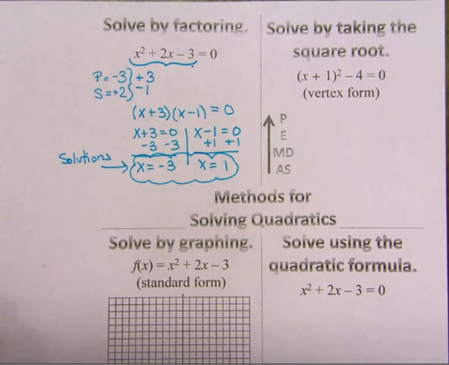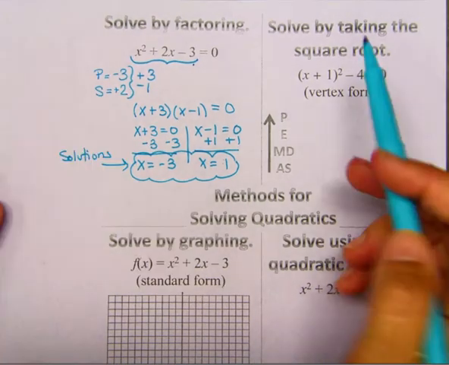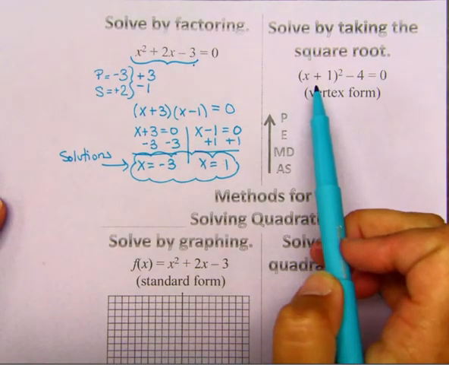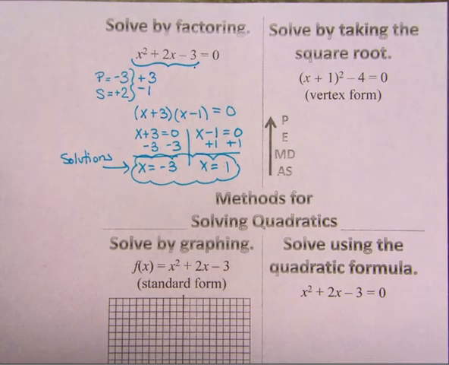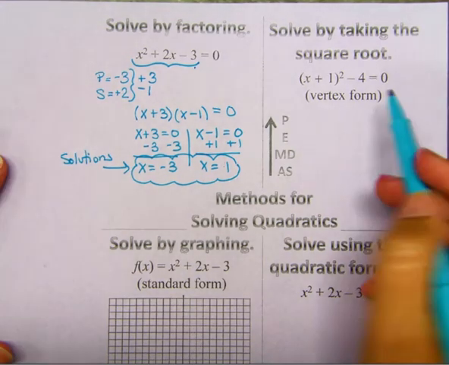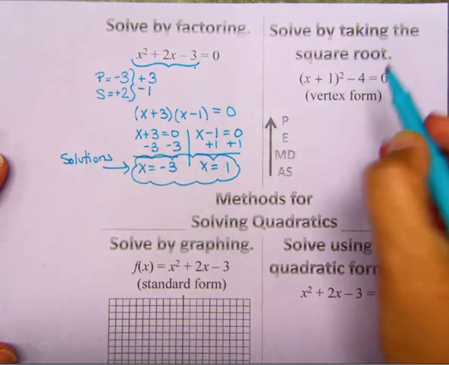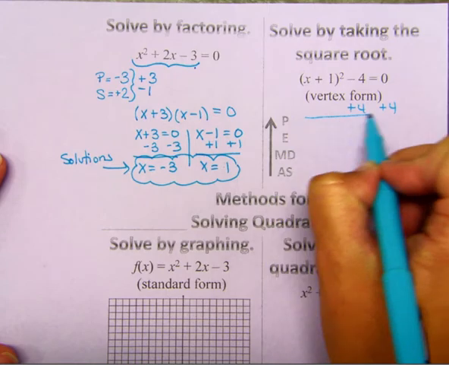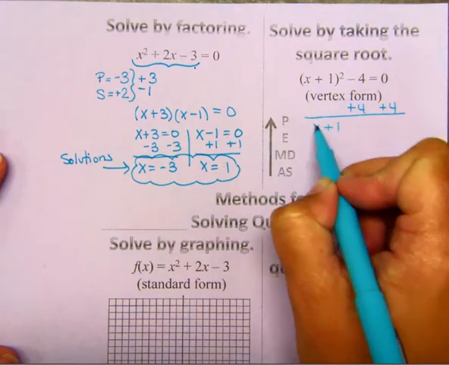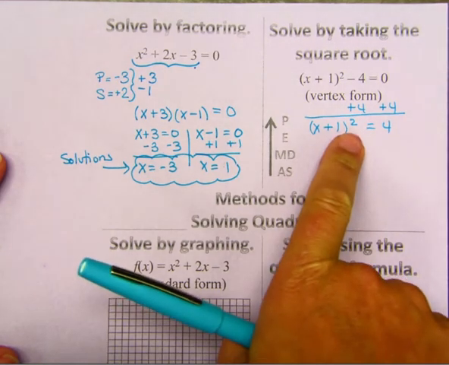Okay, similarly, sometimes if they give you a quadratic equation in vertex form, what we can do is actually clean it up like we would if we were solving for x. So in this case, it's already in vertex form. Our goal is to get x by itself, so I'm going to go ahead and add 4 to both sides, trying to get x by itself, so I'm breaking up all these pieces. And now I can square root both sides,